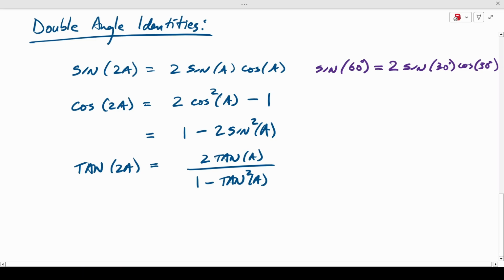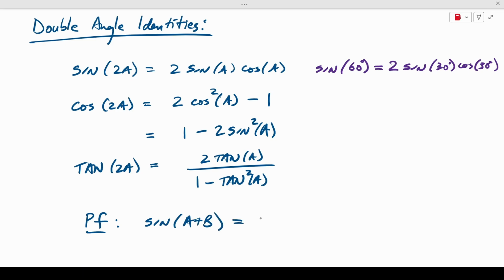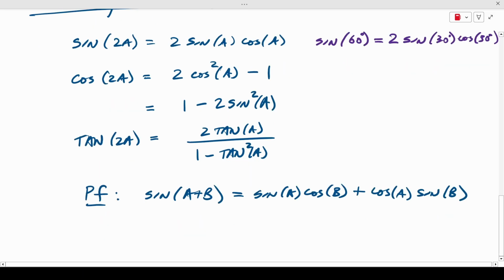Now the proofs are pretty straightforward based on the sum identities. So for example, if I take sine A plus B equals sine A cos B plus cos A sine B, okay, that's the sum identity. To get this one here, all I have to do is say, okay, let's let B equal A. And substituting A in for B, we get